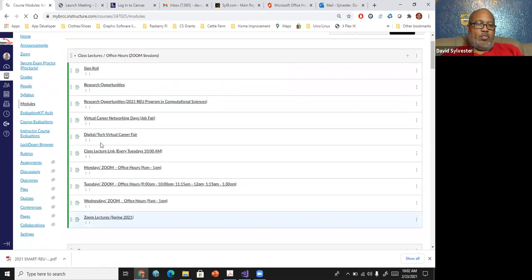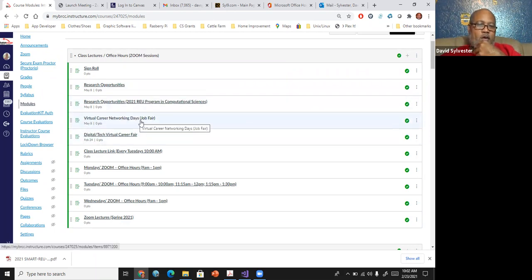I did post some career opportunities for you all, some research opportunities. There's 2 LSU programs that they have over the summer. There's 2 different career fairs. This one is tomorrow, so you need to log in and, if you want to, register for that.